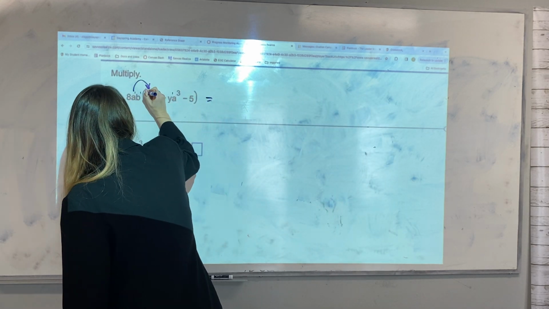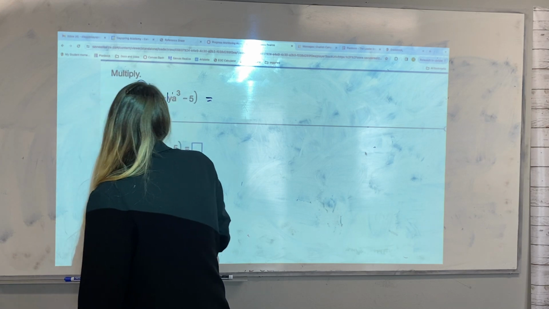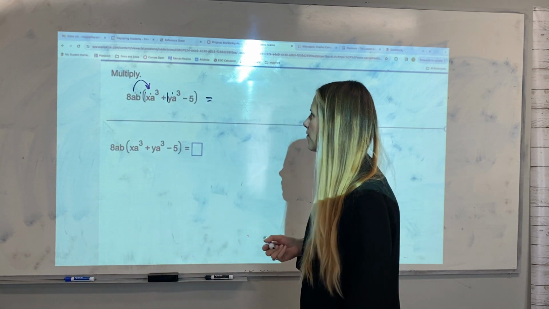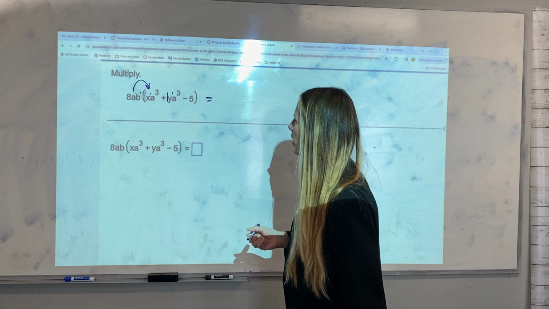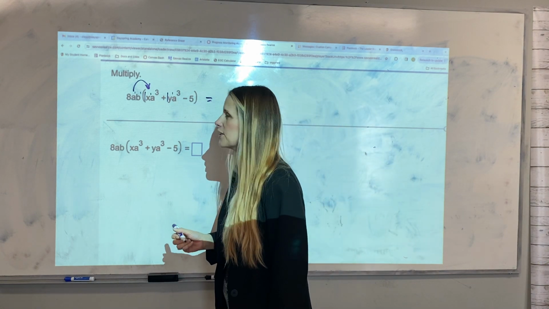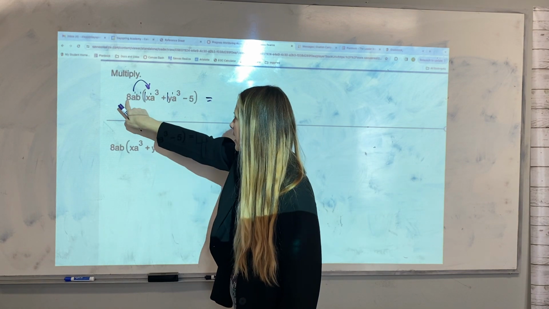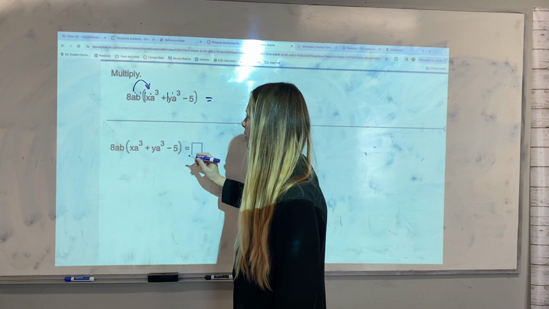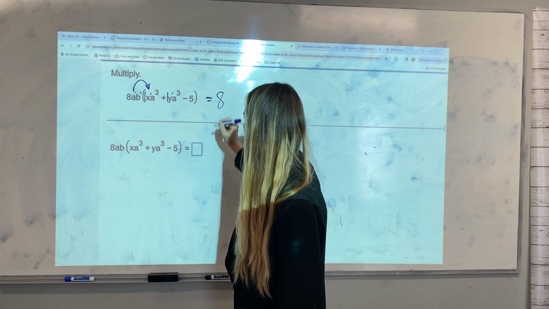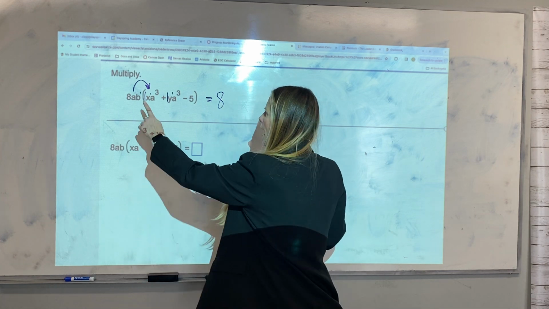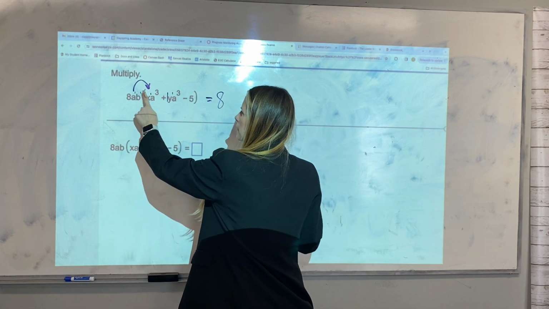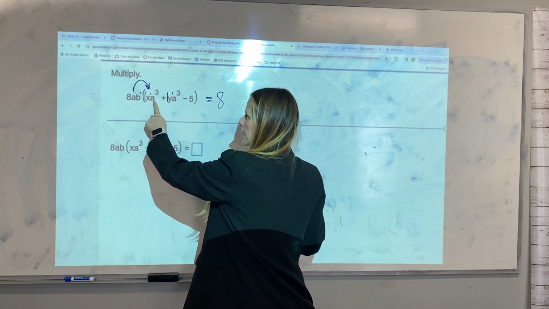And all of the terms that don't have coefficients, I'll put some coefficients there. So I have everything filled in and I'm ready to multiply. Multiply your coefficients first. Coefficients are the numbers. 8 times 1 is 8. A times a cubed is